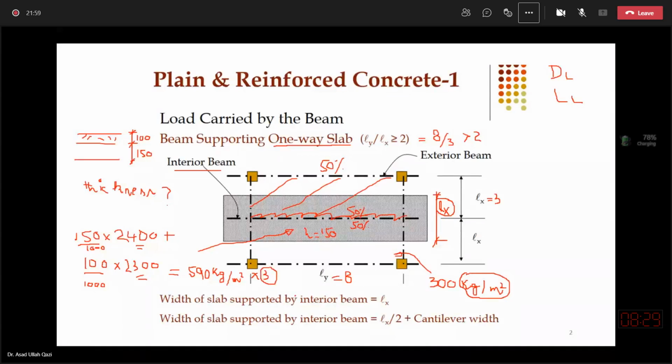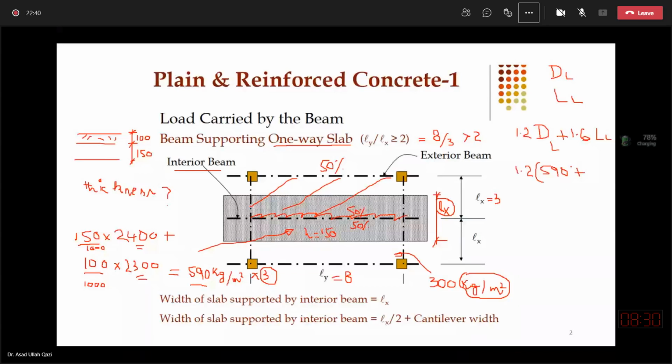Since we are working on ultimate strength design, the second combination of ultimate strength design will govern in this case: 1.2 dead plus 1.6 live. I suggest that this combination will govern and this will give us a maximum ultimate load on the beam. So then I will multiply the calculated 590 with 1.2 and plus